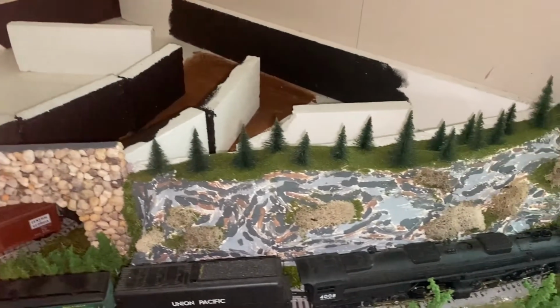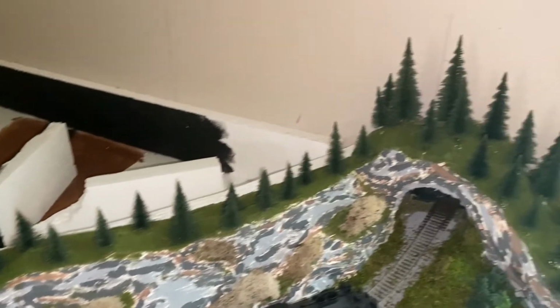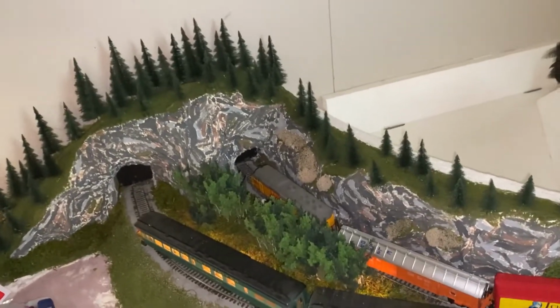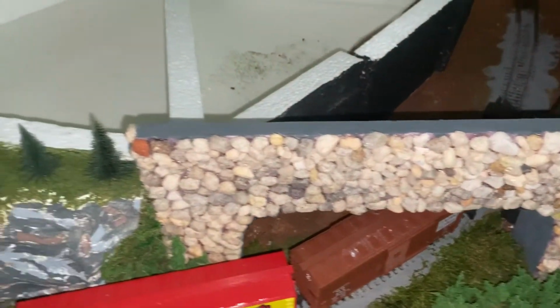Now as we go through here, I've got my mountains done. This has 100 pine trees between here and here. I have over 120 deciduous trees between here, down here, back there,